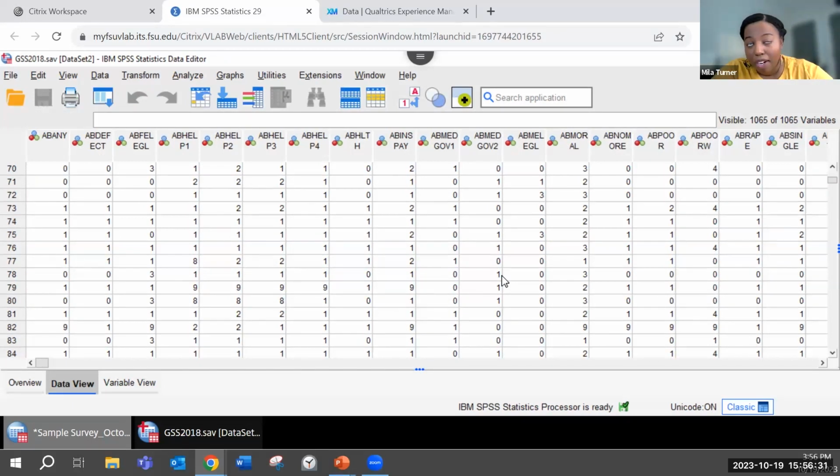So if you are getting data from elsewhere, whether that's GSS or ICPSR or some other set, and you're not the one who collected the data, that's okay too. You'll probably get the data in a format like this, where it has been de-identified and hopefully cleaned a little